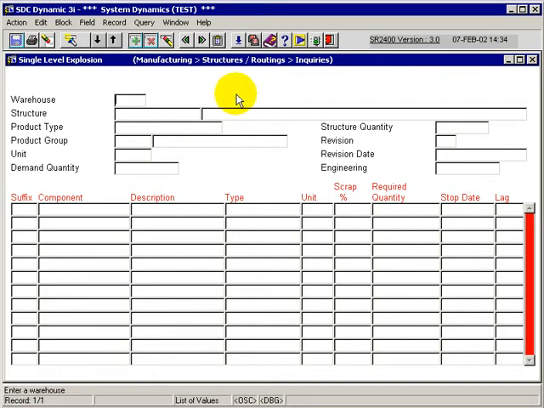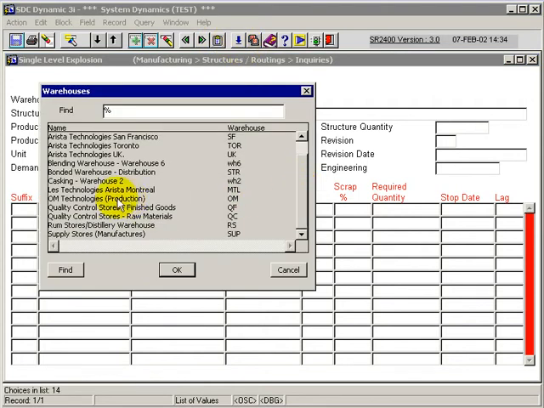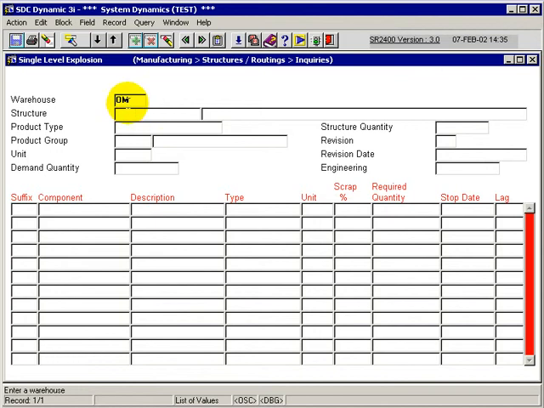When the application is first entered, it's asking for the warehouse to perform this explosion on, and we can use a list of values to actually call up all of the valid warehouses that we have in the system and access to, and pick the individual warehouse that we want to execute for. When we hit enter or leave the warehouse field, the system automatically goes into an enter query mode